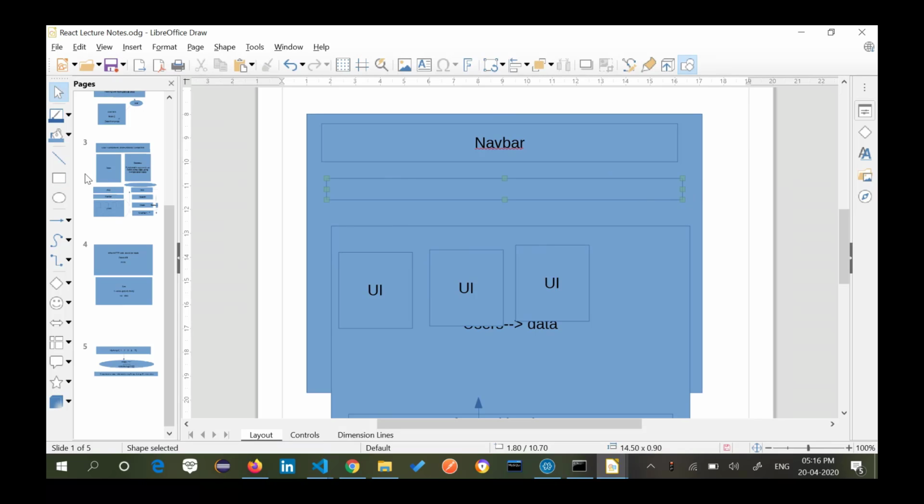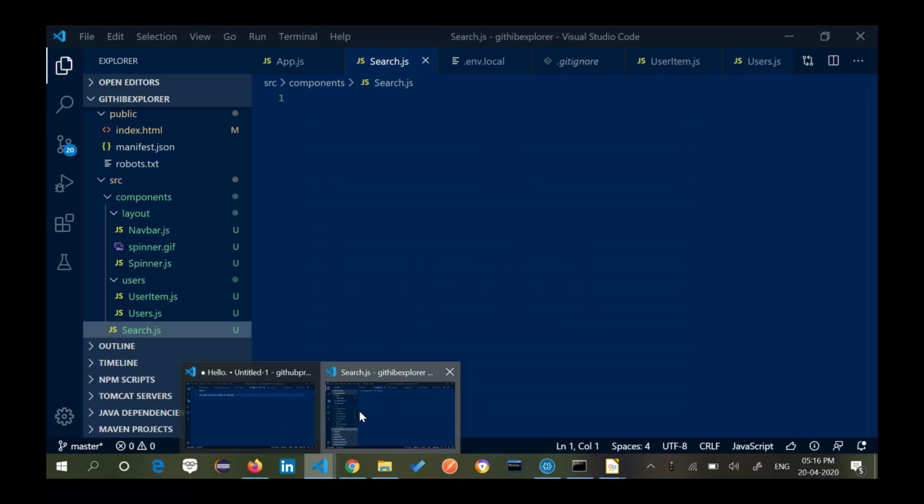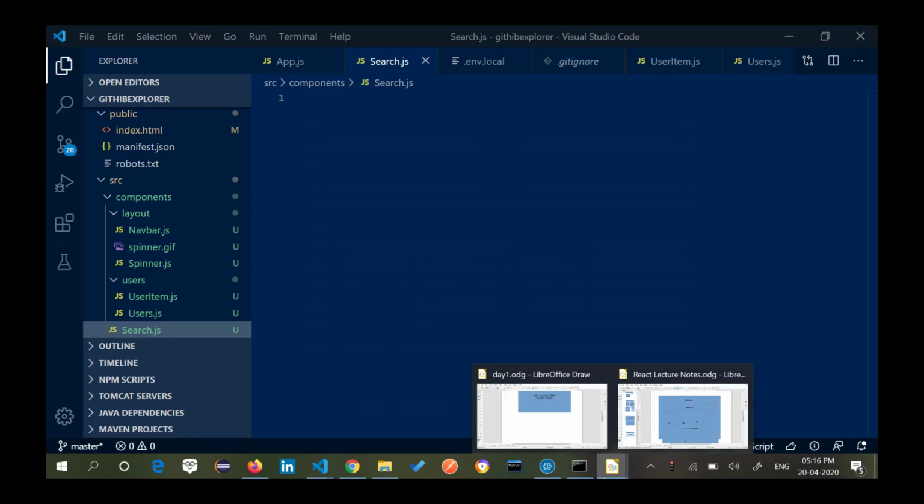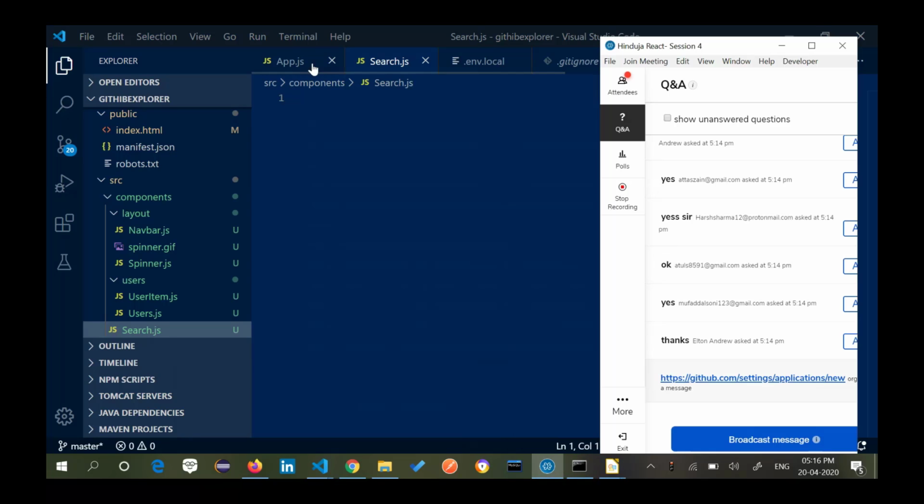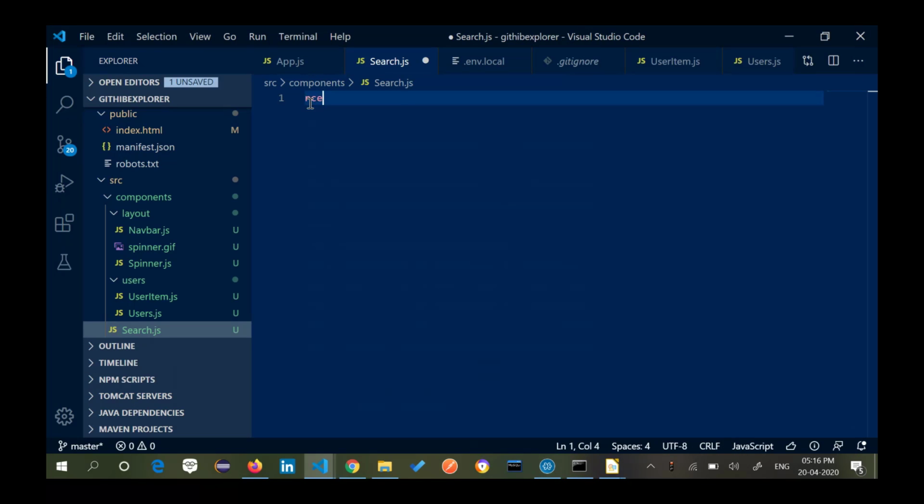We have got a search bar and a button. So this is what we'll be creating now, and we will be searching by a single user now. So first thing first, what we have done is created our component by name.